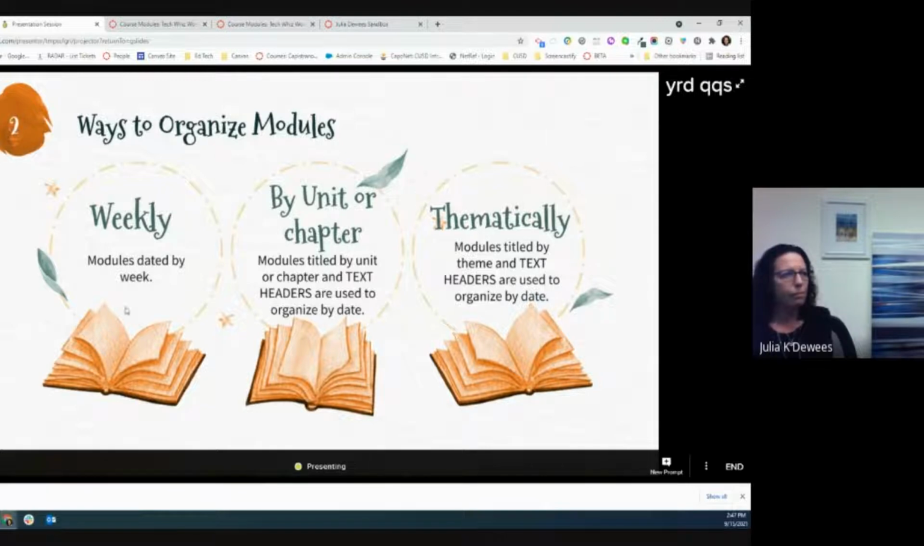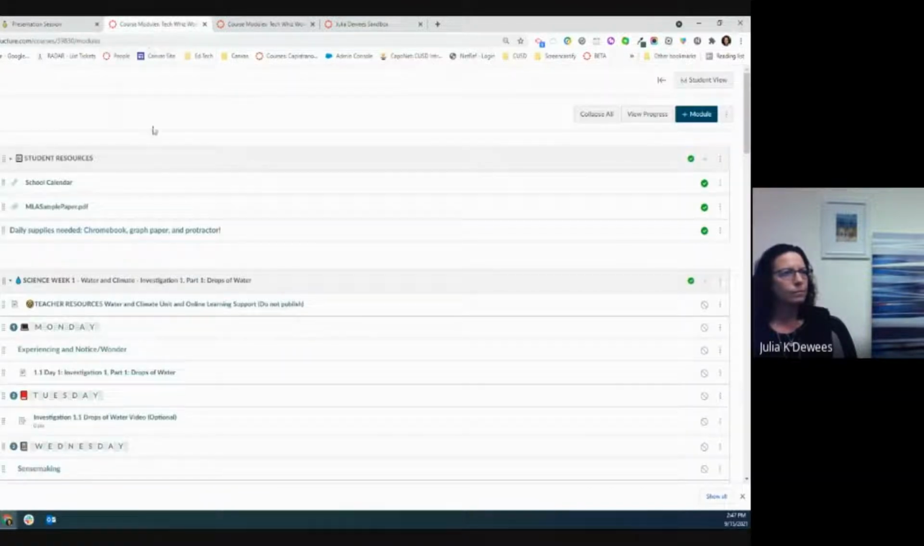So we'll show you some examples of these different types of organization. Modules are really useful not just for organizing your curriculum. I wanted to show you very quickly that at the top here we have student resources. Now, this is a great place to put some common resources you want your students to always have access to. For example, here I put the school calendar. For secondary, we use MLA format. So for 4th and 5th, if you start MLA format, that might be an example of something you'd want always at the top of your modules for your students to refer back to,